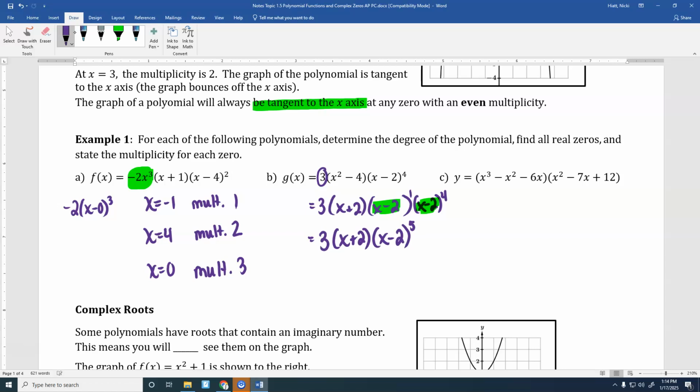Whenever you have two things together that you can combine, you add their exponents. So you'll have 5 of those there. So then we would say I have a 0 at x equals negative 2. That just has a multiplicity of 1. But my x equals positive 2 would have a multiplicity of 5. And that's as far as we're going to try to go today. So go ahead and pack